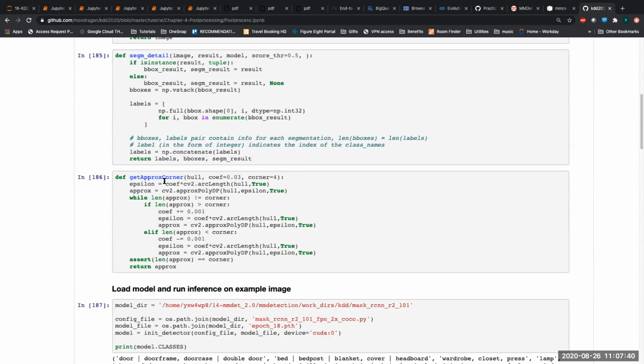So it basically takes in the hull, which is the raw contour that we passed in. And then it basically enters this while loop. What it does is that it uses this initial coefficient strength that you give it to try to approximate it. And in that approximation process, if you get an approximated contour that has more corners than what you wanted it to have, then you increase the approximation strength. So basically you increase that strength to lower the number of corners